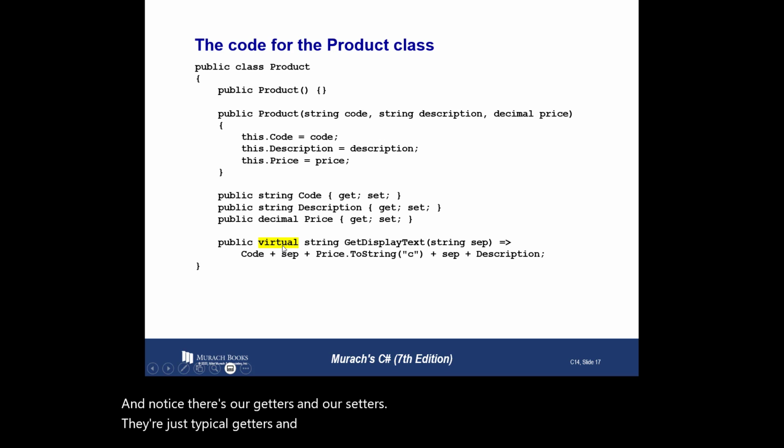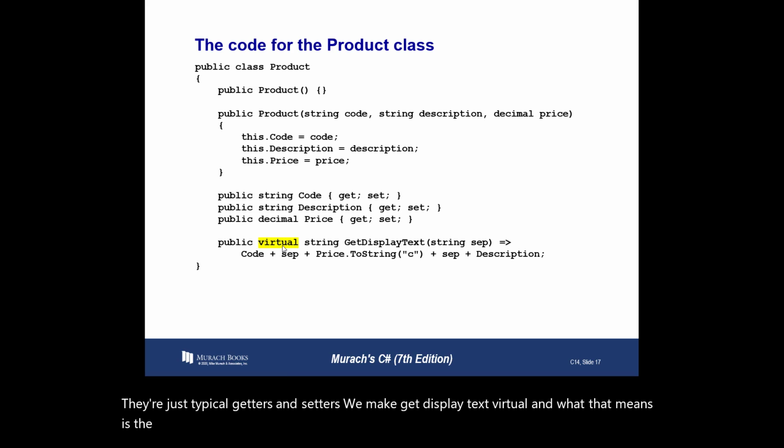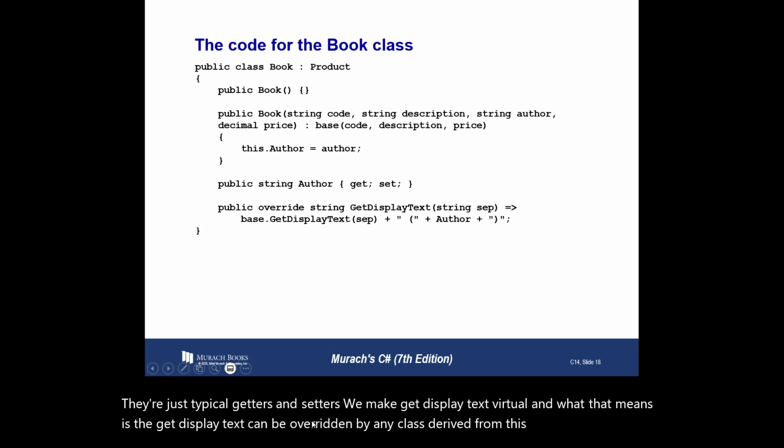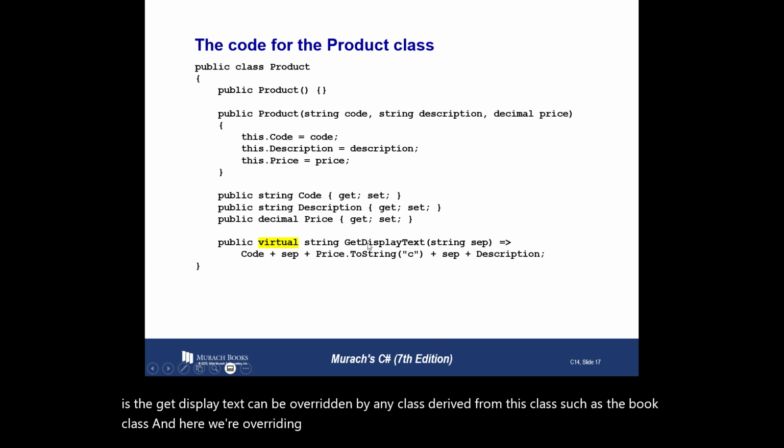We make get display text virtual, and what that means is the get display text can be overridden by any class derived from this class, such as the book class. And here we're overriding it. If you want to be able to override one of the parent methods in C#, you must put the word